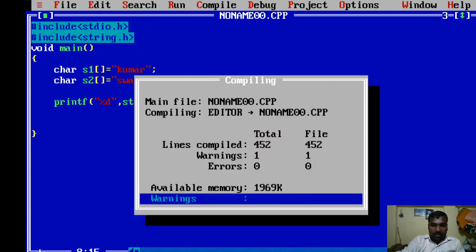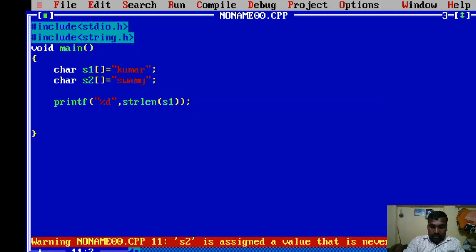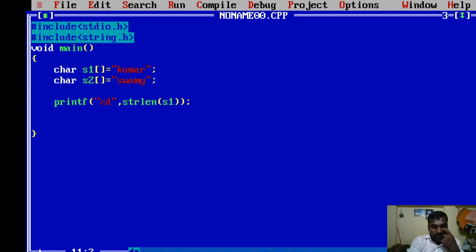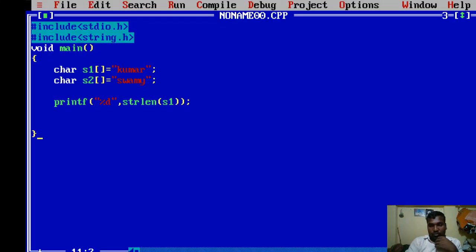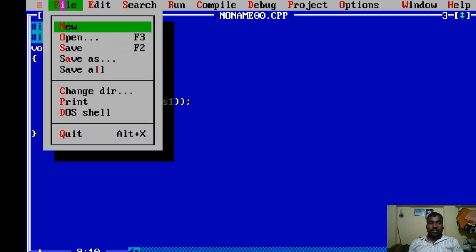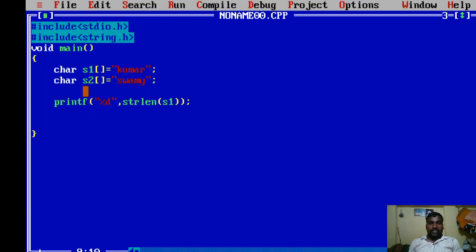Now I am compiling and executing the program. Now I am getting the output as 5. Let us check: 1 2 3 4 5. So 5 characters are there. In this manner you can write as many programs as possible by applying all types of string functions. Try to use the gets and puts functions. For example, here